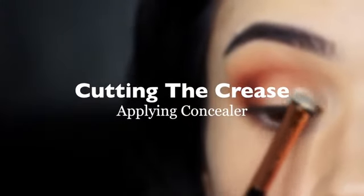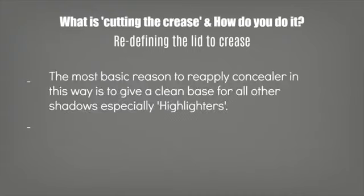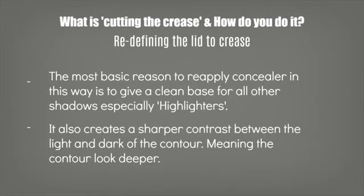Cutting the crease. What is cutting the crease, and why do you do it, and how do you do it? Basically, it's just redefining the lid to crease area. The most basic reason you'd reapply concealer is just to give us a nice clean base for everything that we're going to apply, particularly if you're applying highlighting shades. It also creates a sharper contrast between the light and the dark, meaning that your contour is going to look